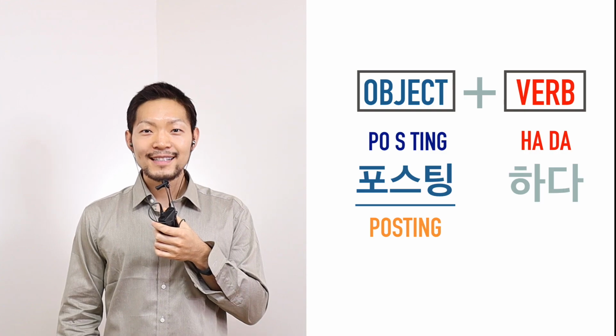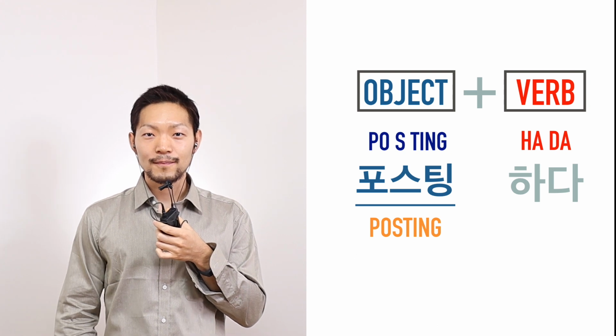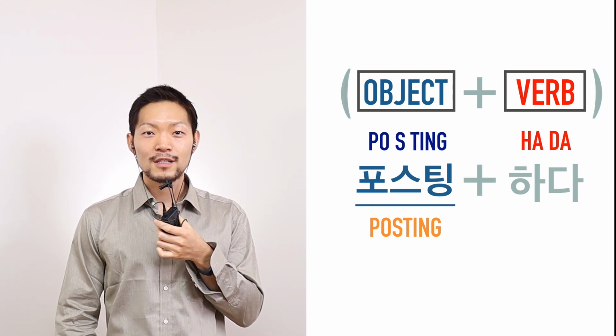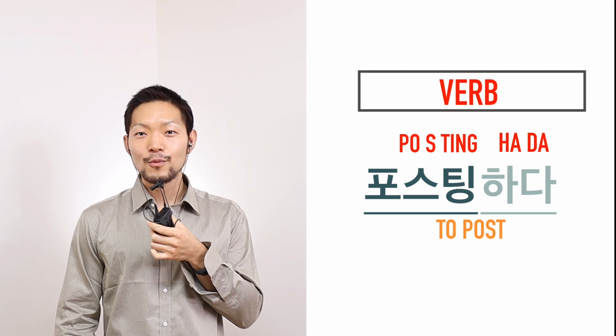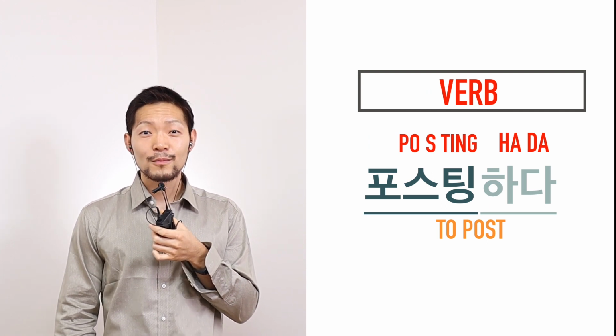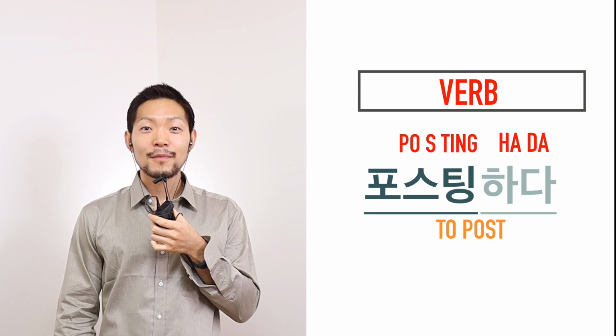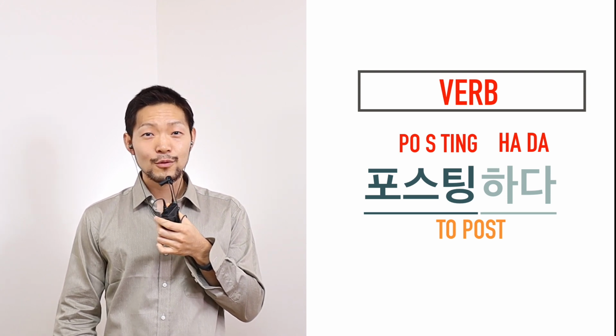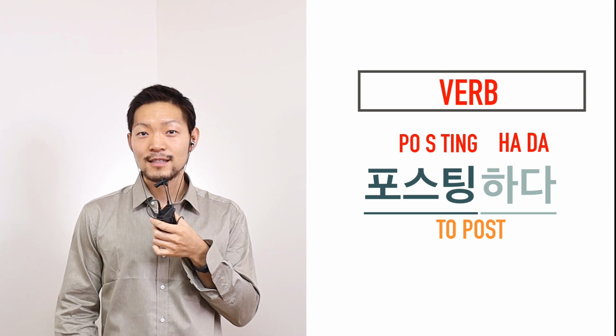Here comes the magic. One of the most fascinating qualities of this verb, hada, is that it can be combined with a noun to form a new verb. And in this case, hada loses its original meaning and takes on the meaning of the noun, so that the noun can now be used as a verb. For instance, 포스팅하다 literally means to do posting, whereas when the two are combined, it becomes a verb, to post. And this is why I call it a magic verb, because you can form so many new verbs like this by combining other words and 하다, especially with nouns that may imply a kind of action in its meaning.